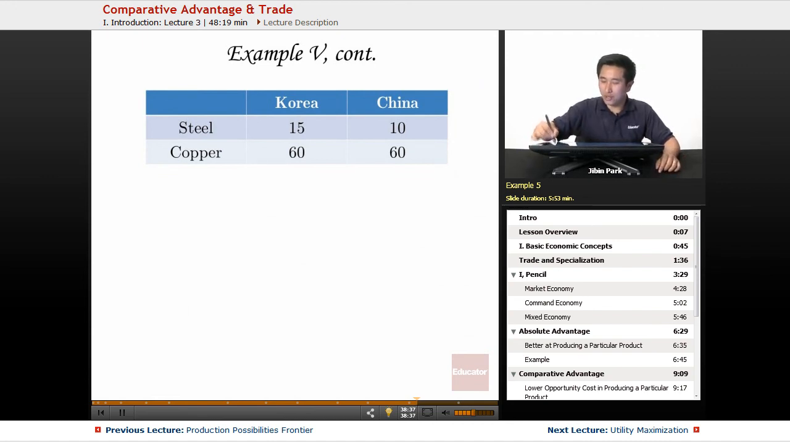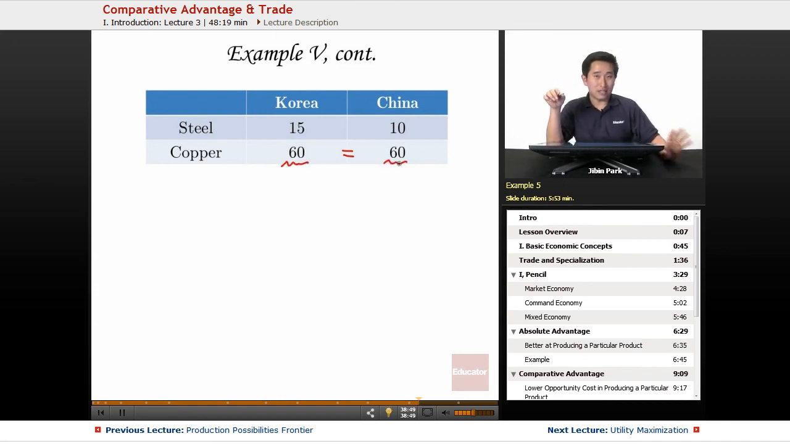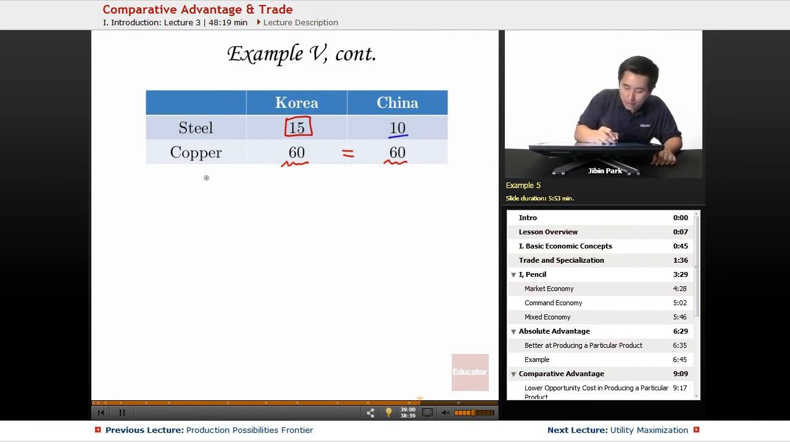But let's go ahead and cheat first here. So without doing any of the math, you see that Korea and China both make 60. So they can both make 60 here. So they are basically equal in making copper. But guess what? Korea is relatively better because they can make 15 units and China can make 10. So we can really stop right there and say,